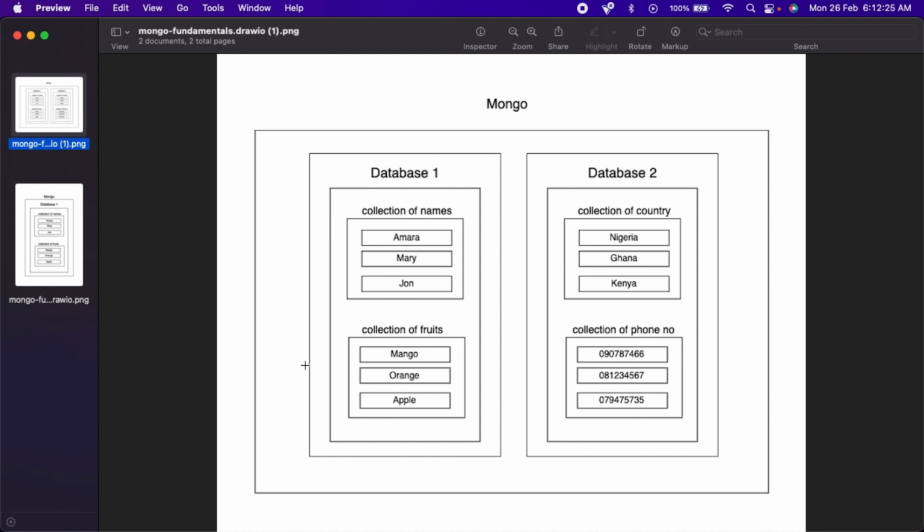So to recap, a single Mongo database can have multiple internal databases. So inside each database,